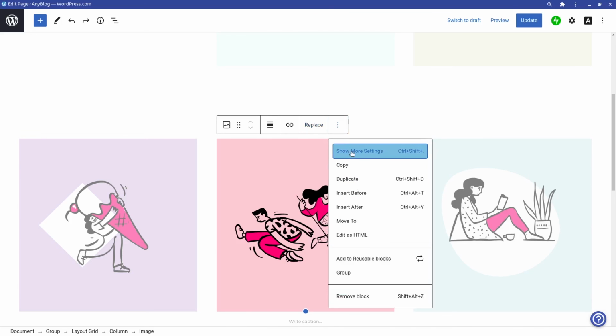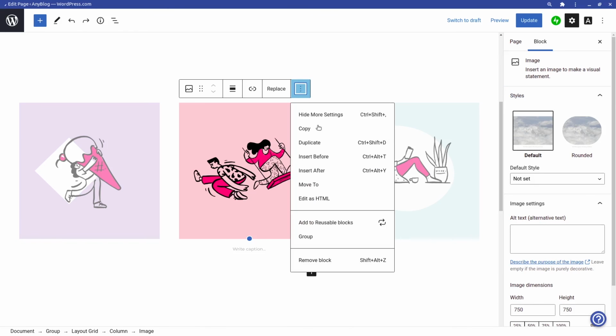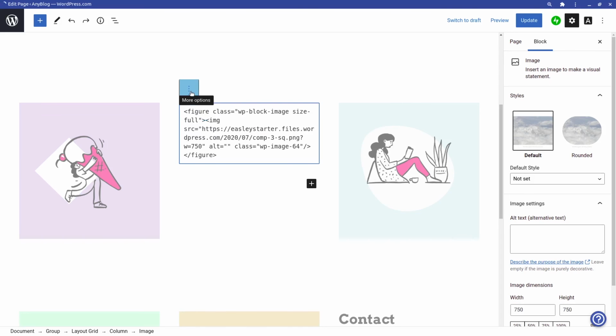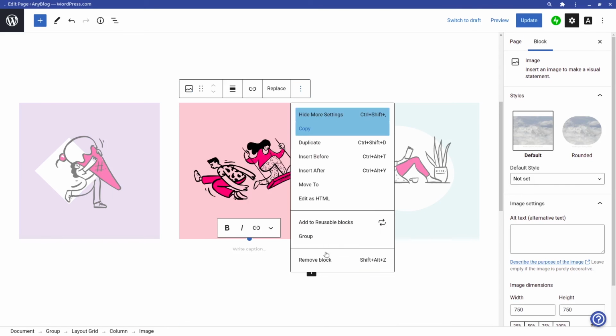And then you have this one, show more settings, which is what we have shown just now. And then you can copy it, duplicate, insert before this and insert after this. So you can move it to other places, and then you can edit as HTML, which is also a bunch of code. Then you can edit visually, and then you can add this to the reusable blocks, and then you can group this, and then you can remove it also.